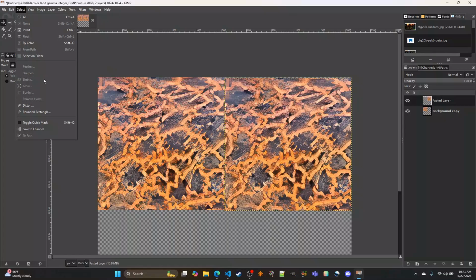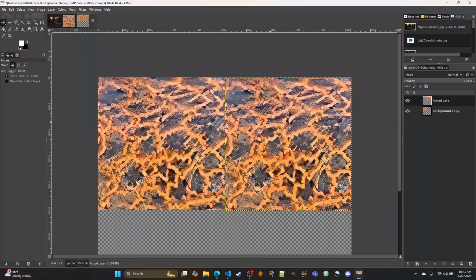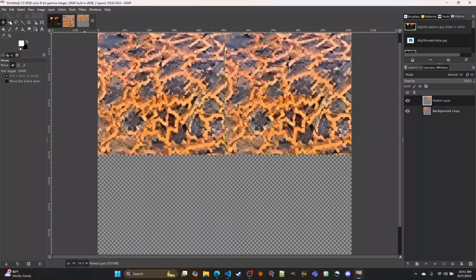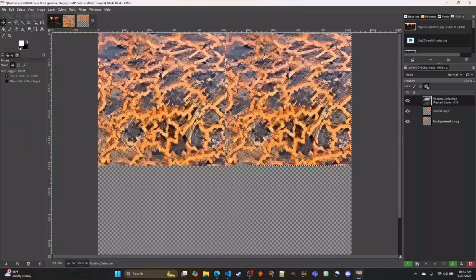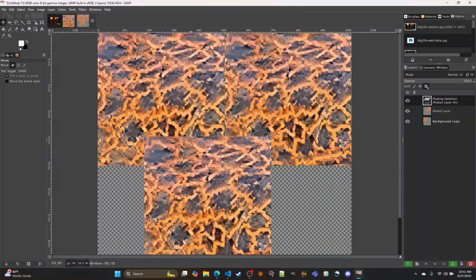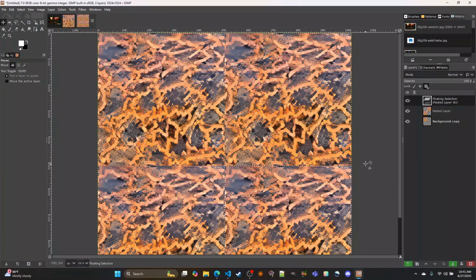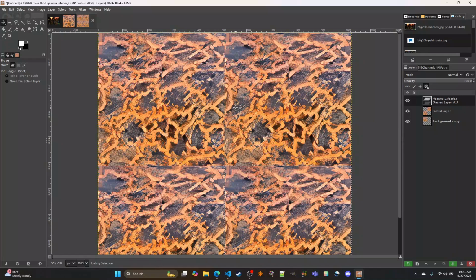Alright, so I hate how every time I use GIMP, I have to hit that toggle box there. It's kind of annoying. So yeah, I can already see that it's not going to tile all that well. People are going to visibly see that. So here's what I can do though. I can tile it, and then what I can do is